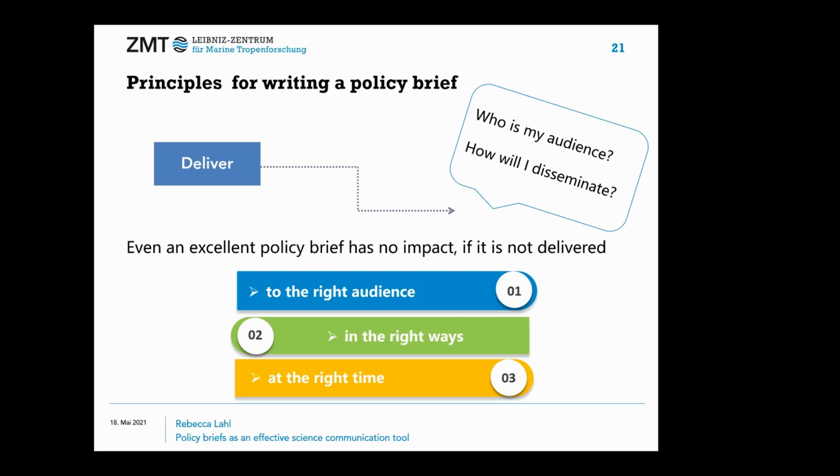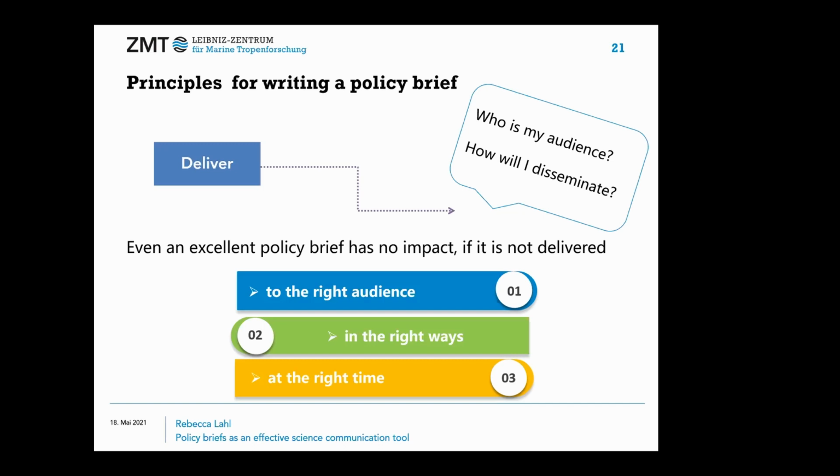So we talked about the right audience, but what are the right ways? For us, it would also mean to translate and publish the policy brief in the language of the audience. Also thinking about, do you actually need prints or are virtual copies sufficient? What channels does the audience use? And the right time is also important. So what would be the worst time to send out a policy brief? I would say Friday evenings, because no one will read it. So just be aware of maybe also events that line up where you could